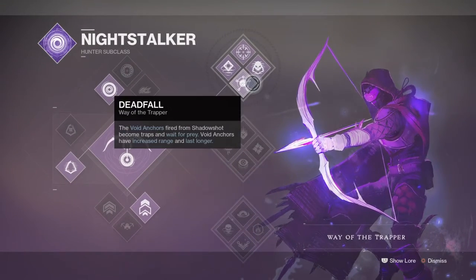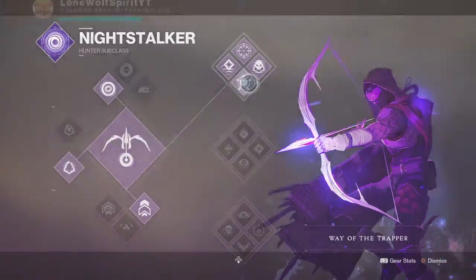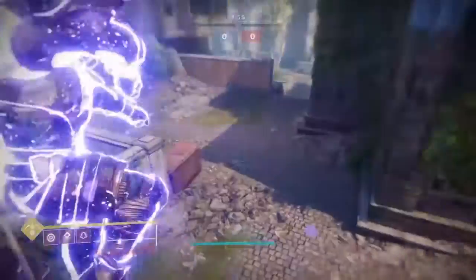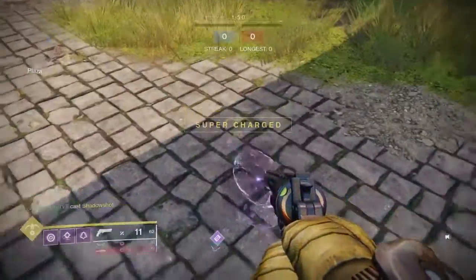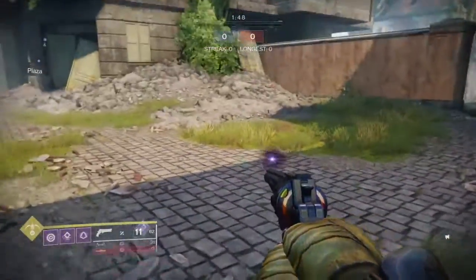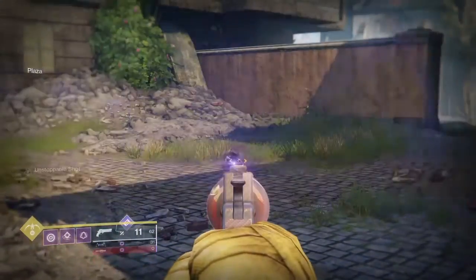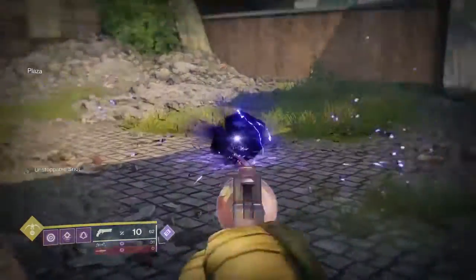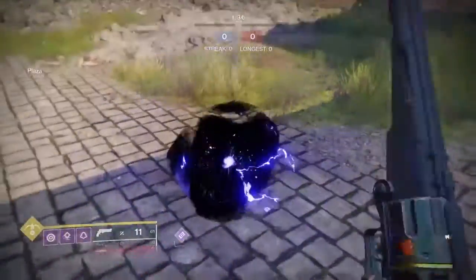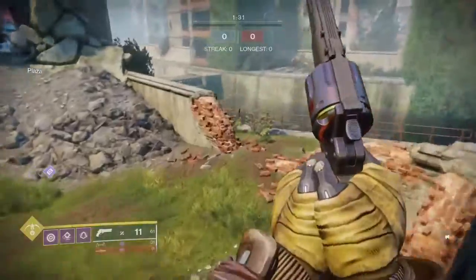And also here, Deadfall. The white anchors fired from the shadow shot become traps and wait for prey. So what it does, you fire it, and when somebody gets near it, like an enemy, not your teammates, it'll burst. Whenever someone steps near it, it pulls an anchor towards the enemy, and any